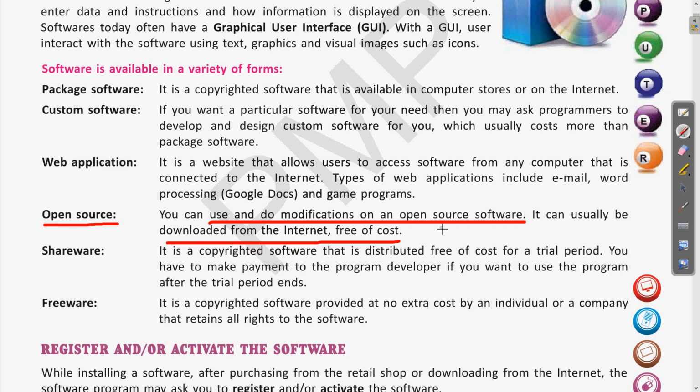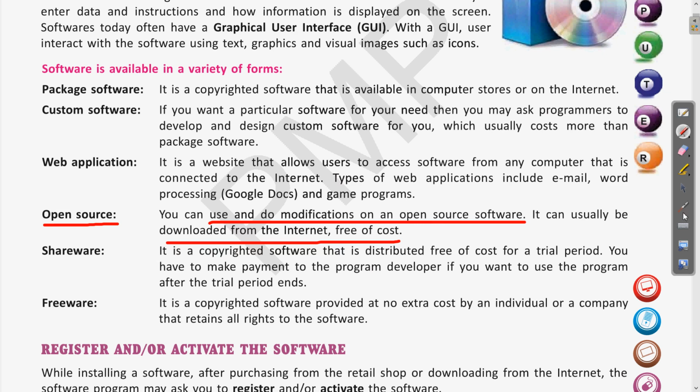Clear? So there are various persons who don't have the facility, meaning they cannot purchase the software, they don't have the access for these things. So this community provides these things free of cost, and the source code of that is also available. So you can do modifications in that source code, and you can make your own version of software as well.